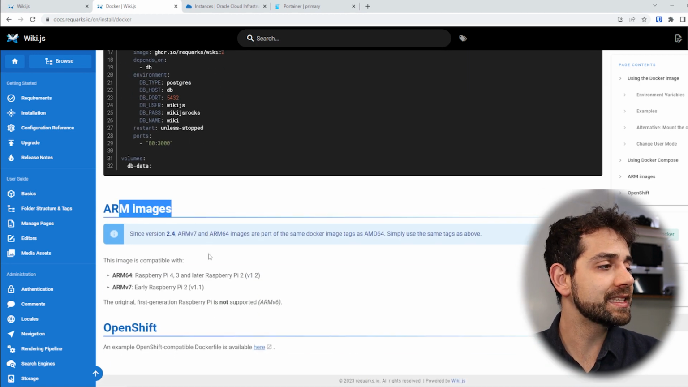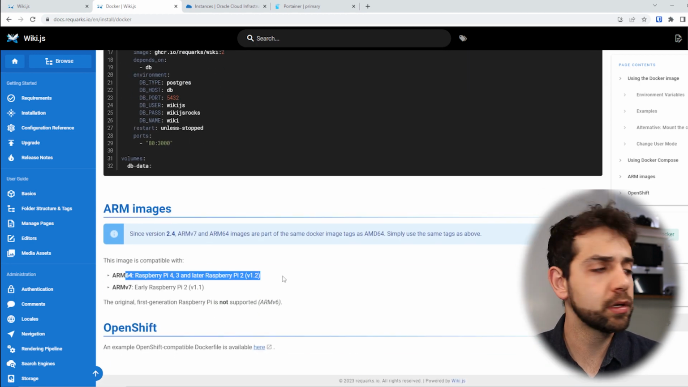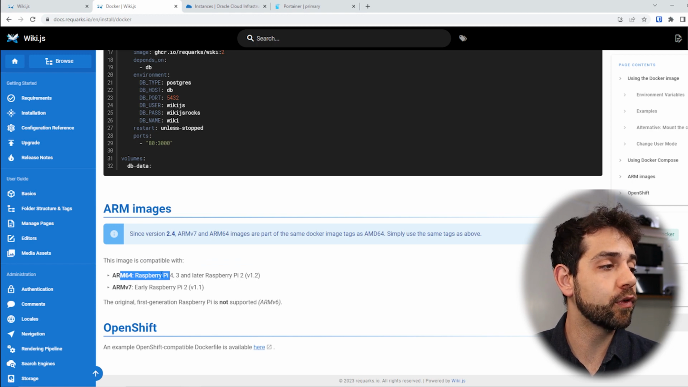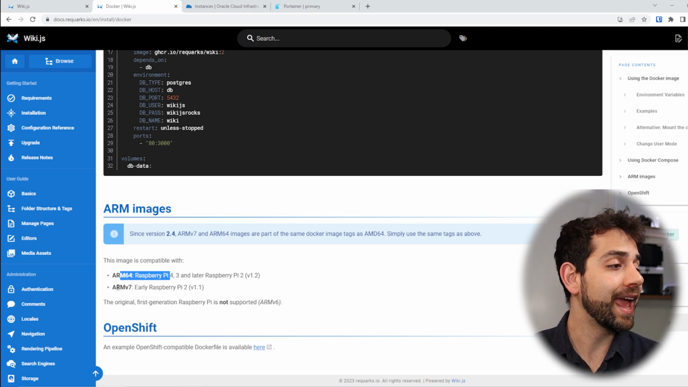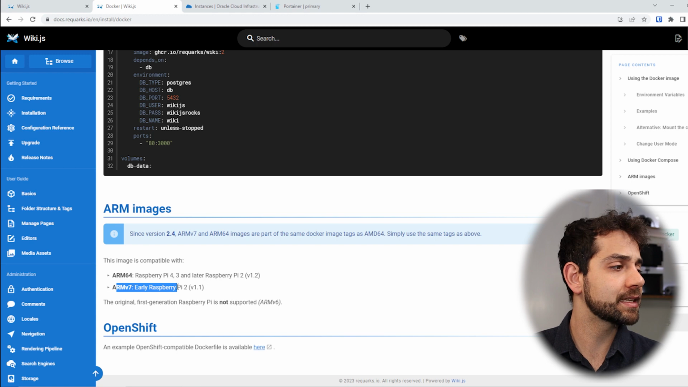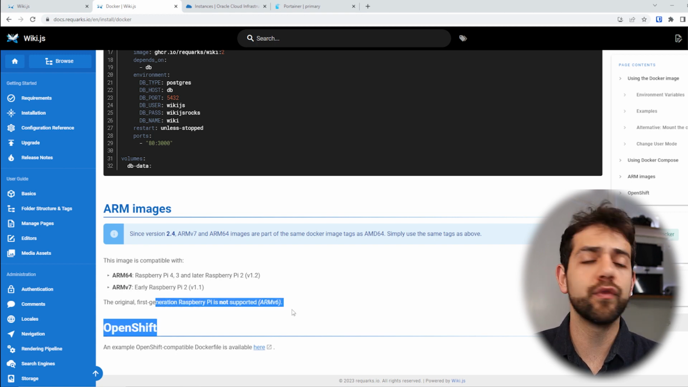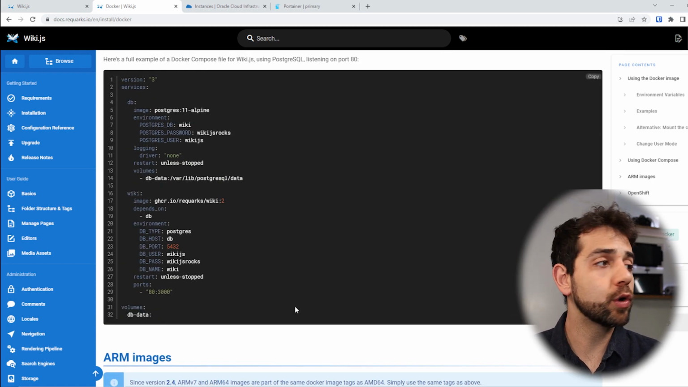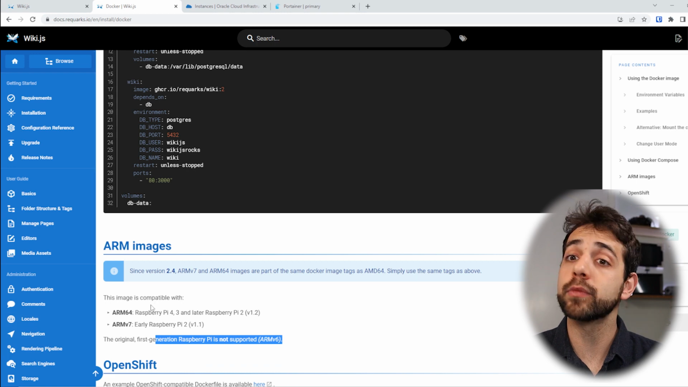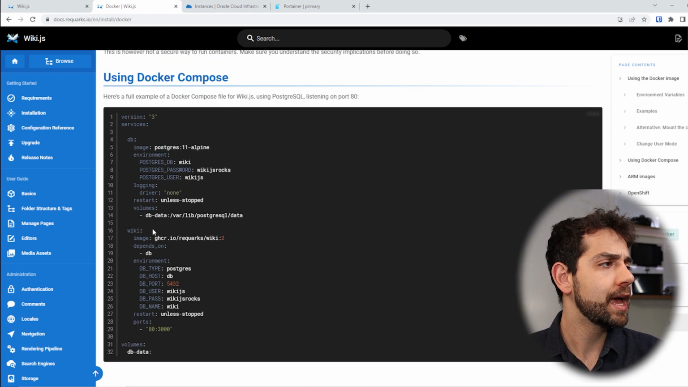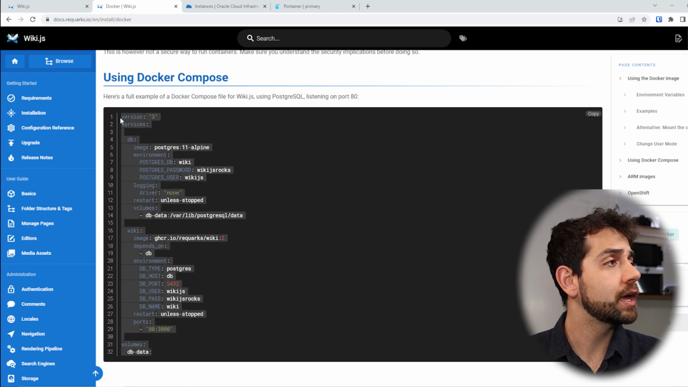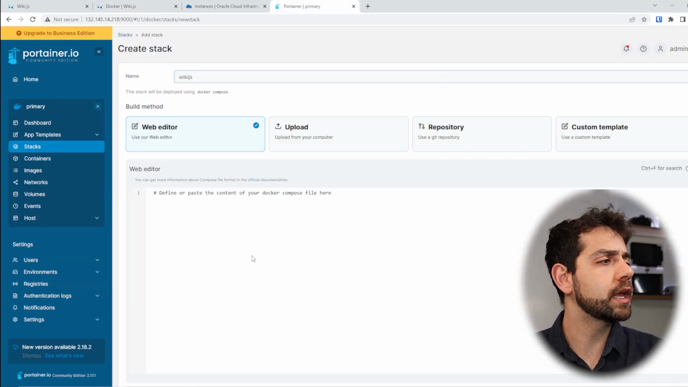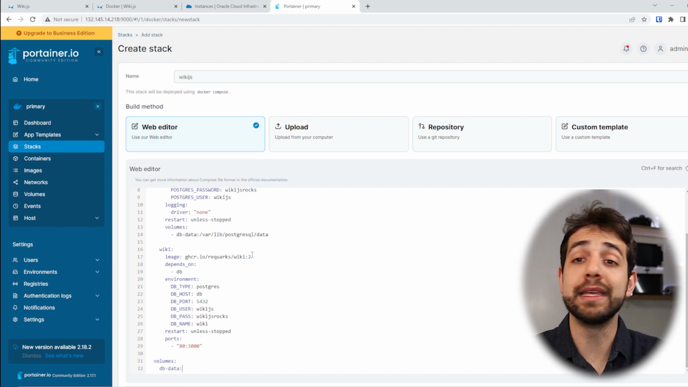They also say that this image will work on ARM, so it will work on ARM64 such as a Raspberry Pi, or anything newer than that, up to Raspberry Pi 2. Of course, if you have the first generation Raspberry Pi, it will not work. In our case, we are using the Oracle Cloud, which has ARM64, so it will work really well for us. And here is all the Docker Compose. So I will copy this information,